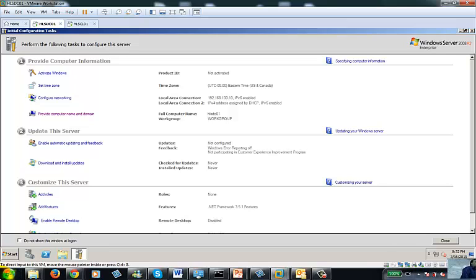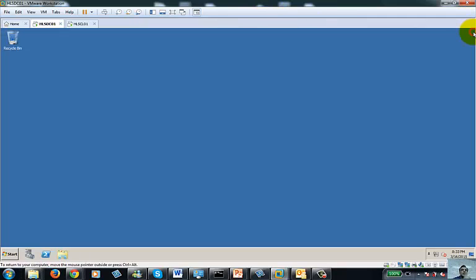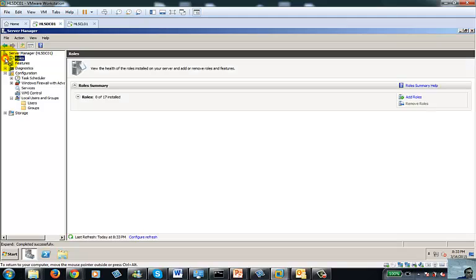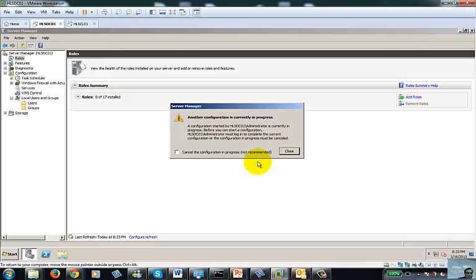So guys, I'm going to add Active Directory now. How do you add Active Directory? It's exactly like this. Should I do it in the initial configuration task? I can, but I would use Server Manager. If I go to Server Manager, again, one more time, as soon as you go there, I need to add a role this time. So the role that I'm going to add,